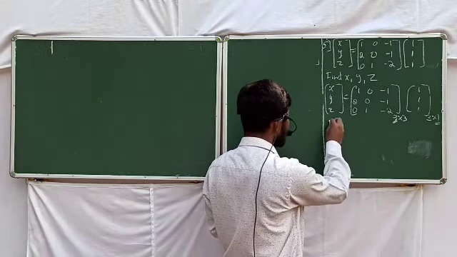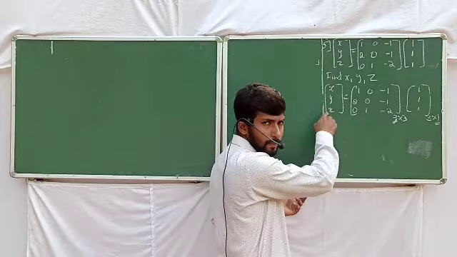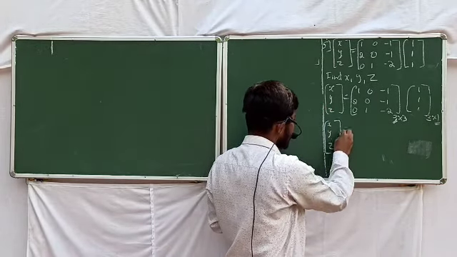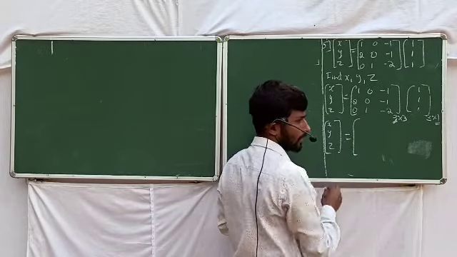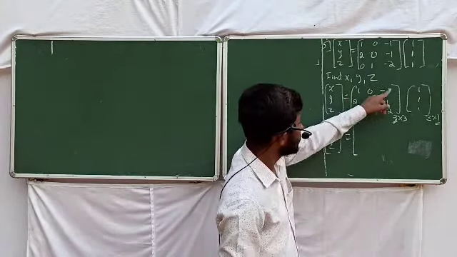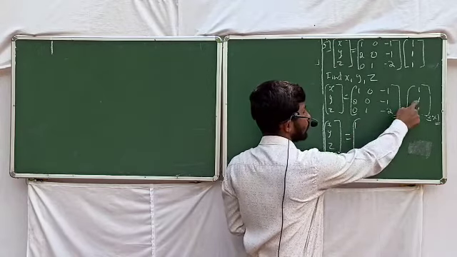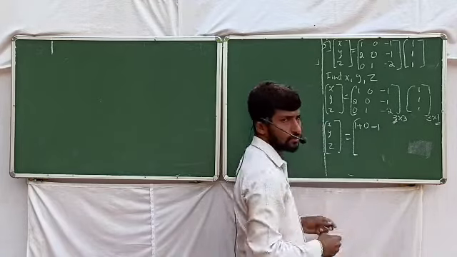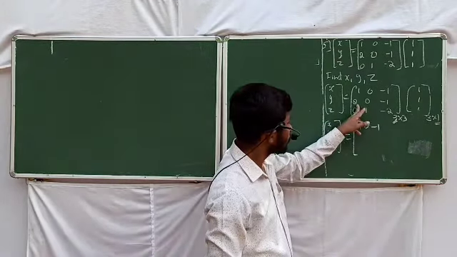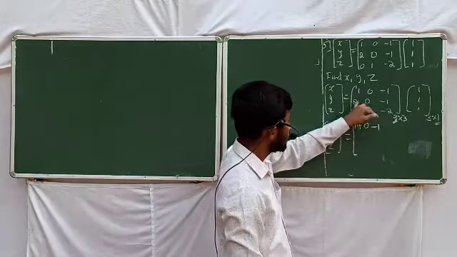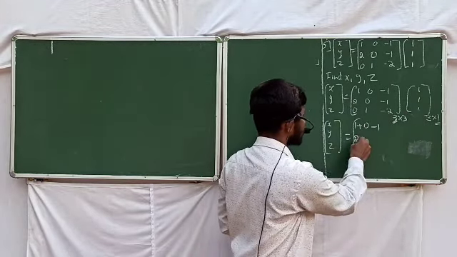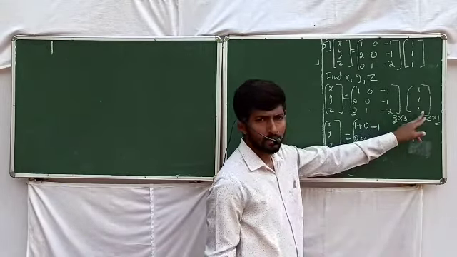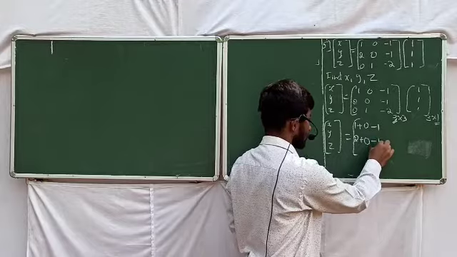So here I will multiply, keeping matrix x y z on the LHS. Matrix x y z is equal to, now multiplying. See, 1 into 1 is 1, 0 into 1 is 0, minus 1 into 1 is minus 1. This is the first entry. Next, row 2 into column 1. 2 into 1, it's equal to 2. 0 into 1, it's equal to 0. Minus 1 into 1, it's equal to minus 1.